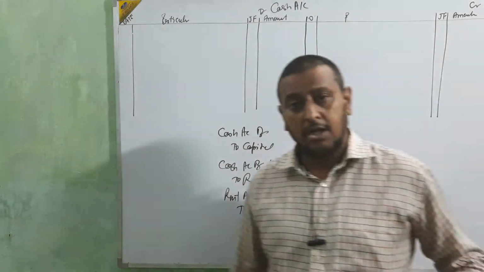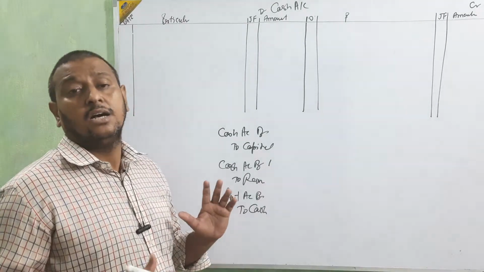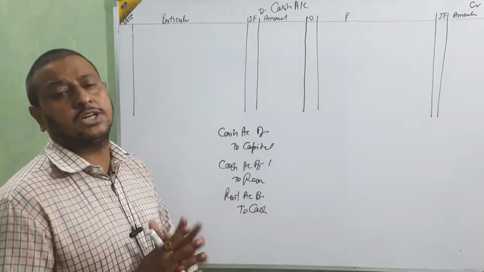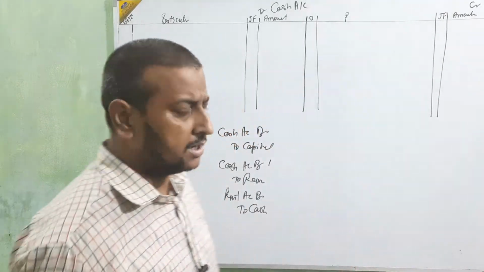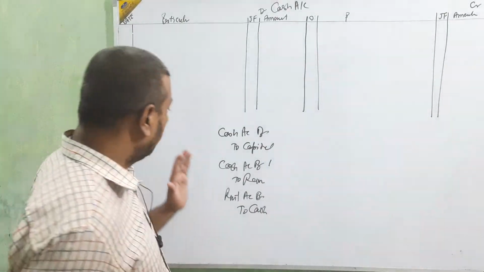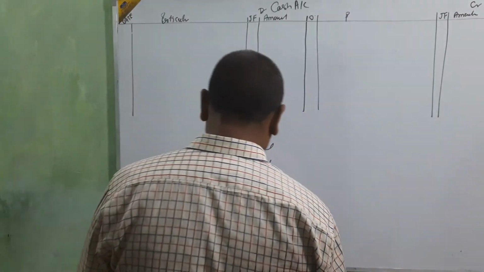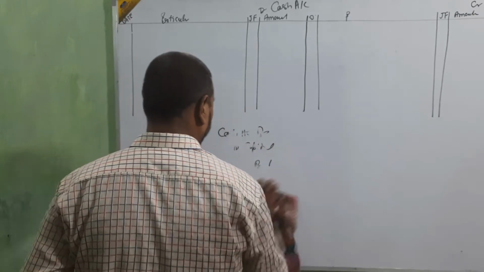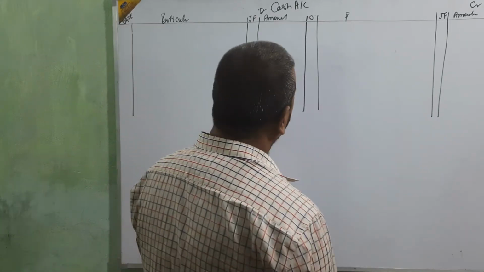Clear? In the ledger, we are going to make a ledger for all the accounts which are coming in this journal entry. How many accounts will come? The names will come, and we are going to make different accounts. Okay, that is clear. Now we are going to start with the posting of the ledger accounts. How are we going to post all these amounts in a ledger?